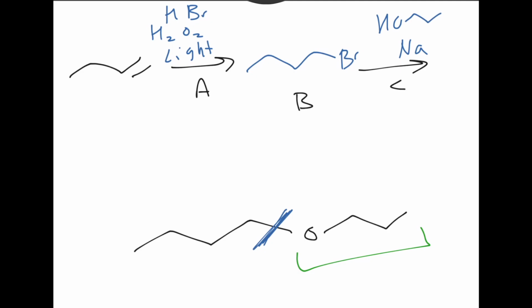Now, if this was a normal, not dumpster fire semester, and I gave you something like this on the exam as a synthesis problem, both of these ways to do it would be right, because either one gets you to the same thing. Now, because we're doing matching, fill-in-the-blank stuff, I have to steer you a little bit more. So if you look at it, you're like, oh, there's two ways for me to do this. Cool, and you start down the path of, I'm going to make the primary bromide. If I don't give you that structure,